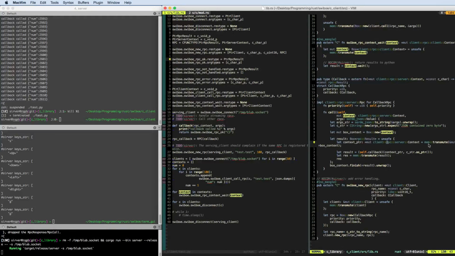Basically, all we do is we transmute the contents of the box into a context pointer and we pass that as the first argument to the callback. Once the callback comes back, our context pointer is still completely valid and our box context has actually been dropped, right? So basically what if I just say, well, I ignore this line and